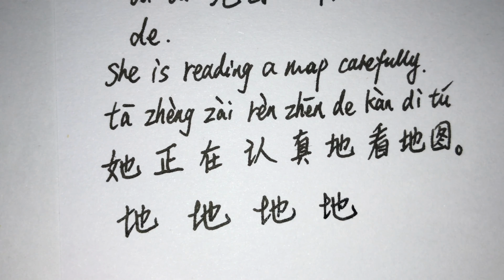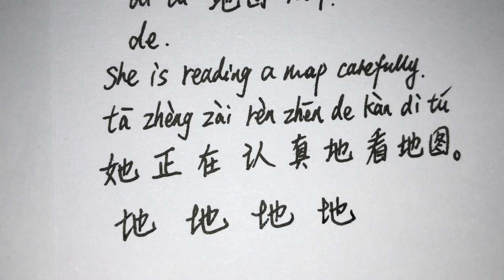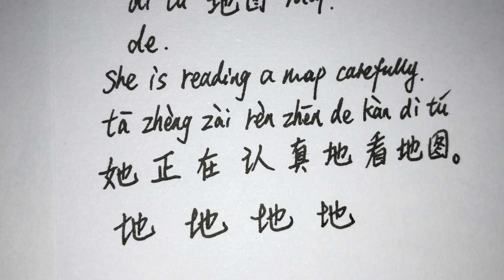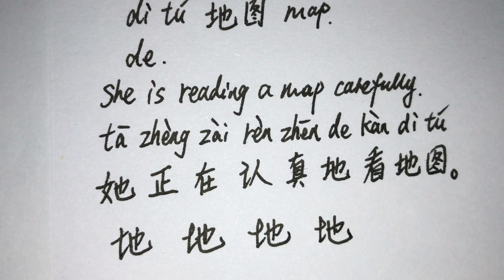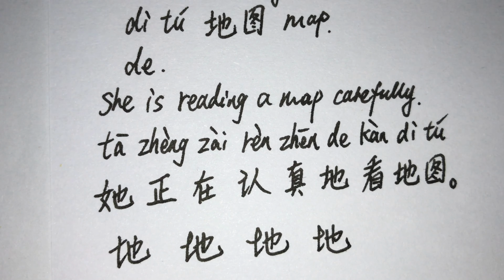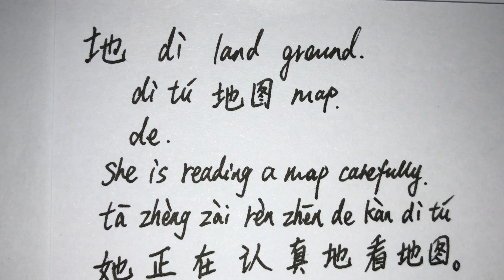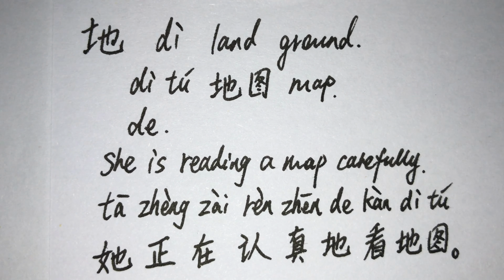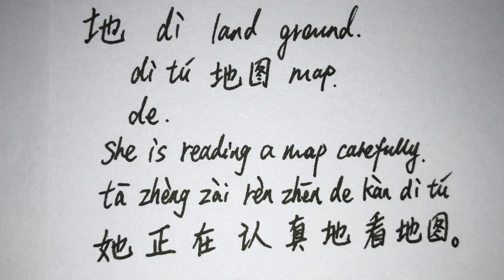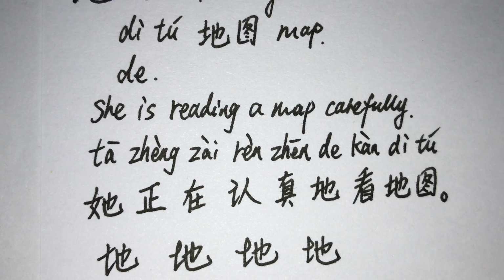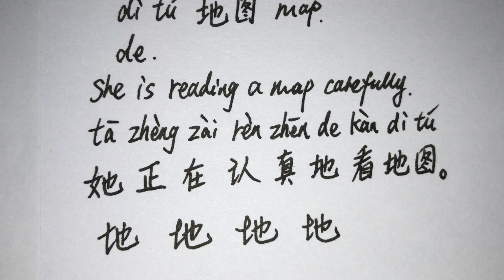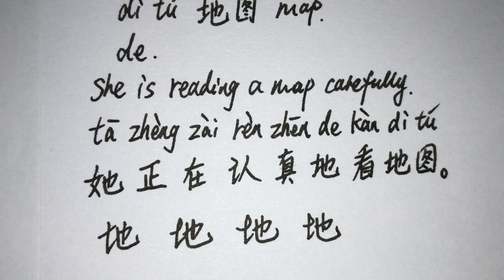地的，她正在认真地看地图。She is reading a map carefully. 地 land, ground, 地图 map 的，认真的。